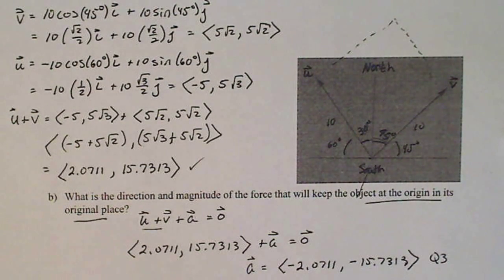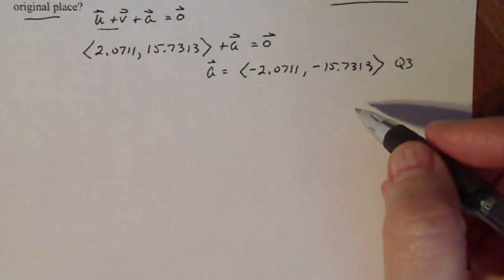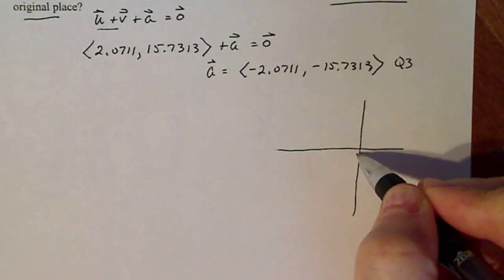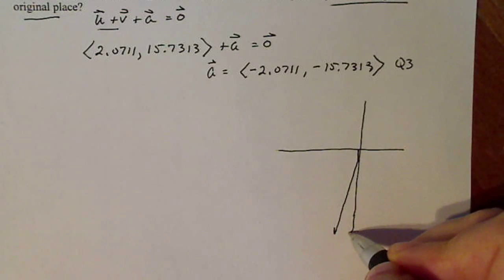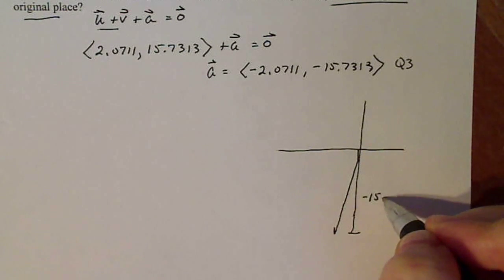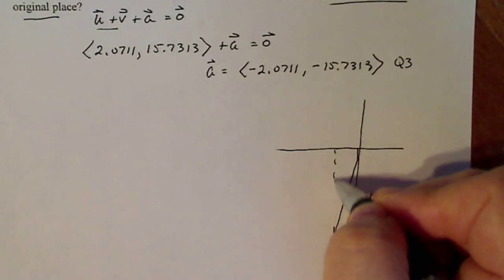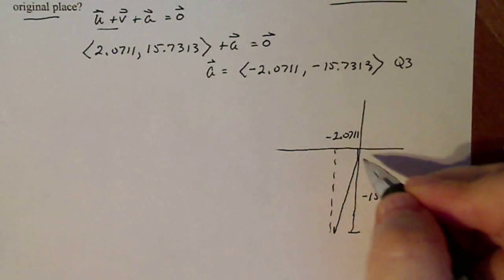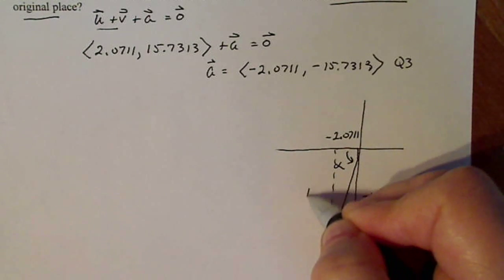Now, that's not the answer to the question. The question says the direction and the magnitude. Direction and magnitude. So if I go down to quadrant 3 and I draw this guy out right here, I have a vector that comes down like this. I know that this is negative 15.7313. I know that this is negative 2.0711. What I'm looking for is this angle here, alpha, and I'm looking for the length or the magnitude of